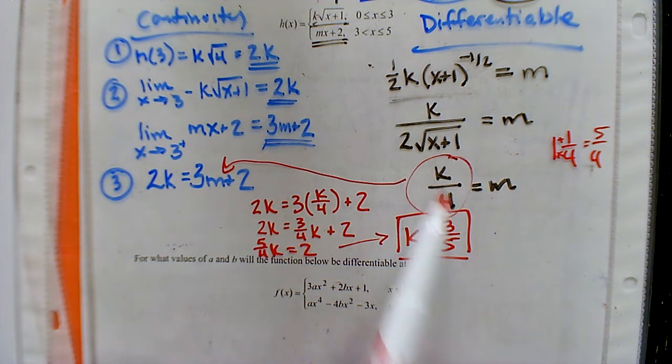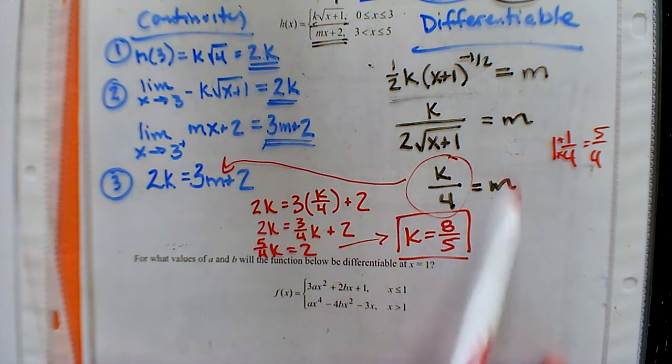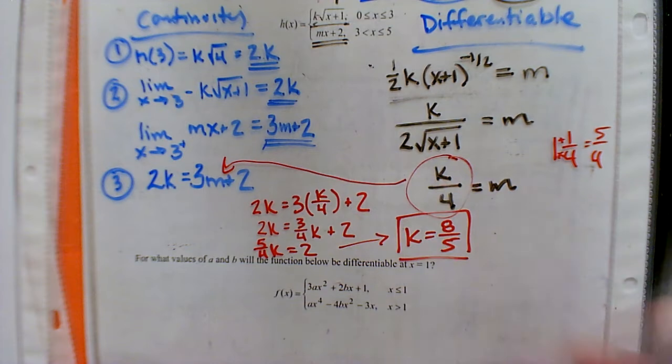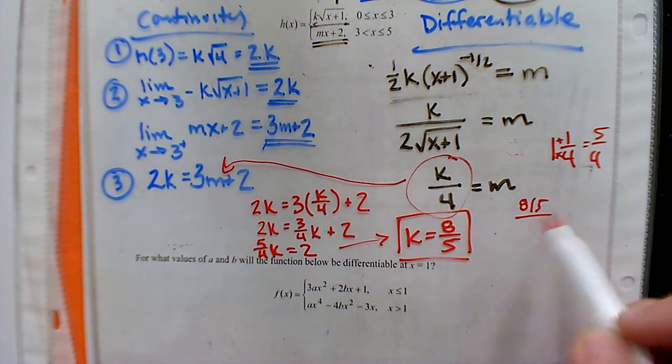All right. Let's go ahead and take that k value, plug it back into either equation you want to figure out what m is. I think the second one, even though it's a fraction, is a little bit easier to work with. There's less going on. So if you plug in 8/5 for that k,